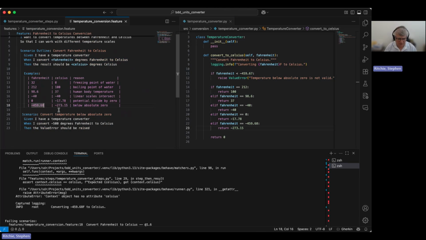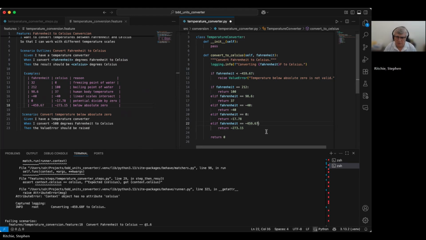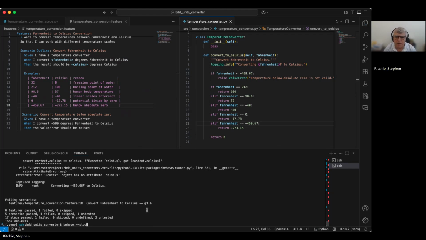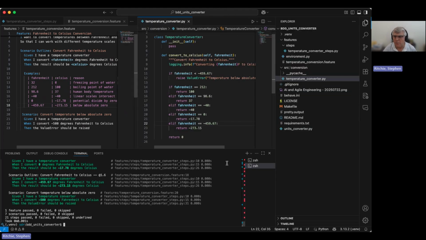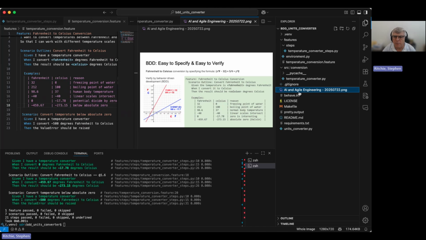So it turns out that it gave me the wrong absolute zero. It's 6.7 that I should be looking for. So now I found the error thanks to BDD. And there is the correct answer. Okay, so it looks like all the scenarios are being tested. If I go back and look at my diagram, it is these scenarios